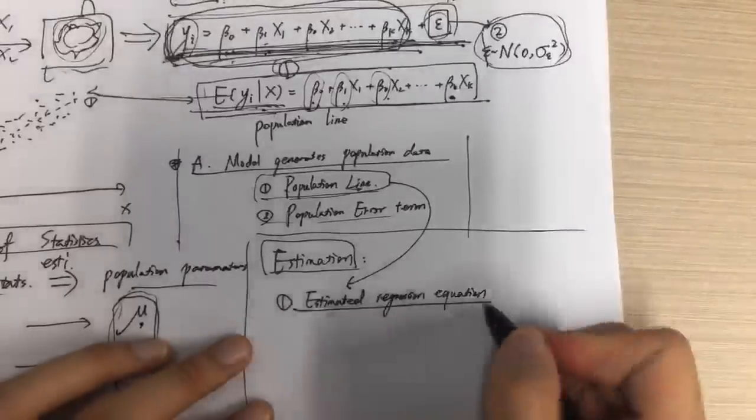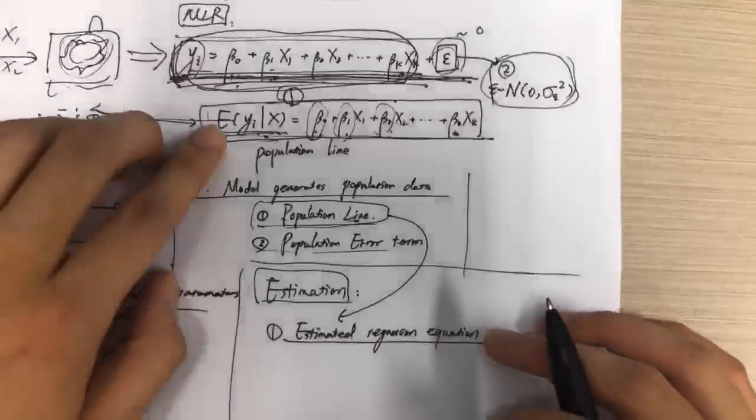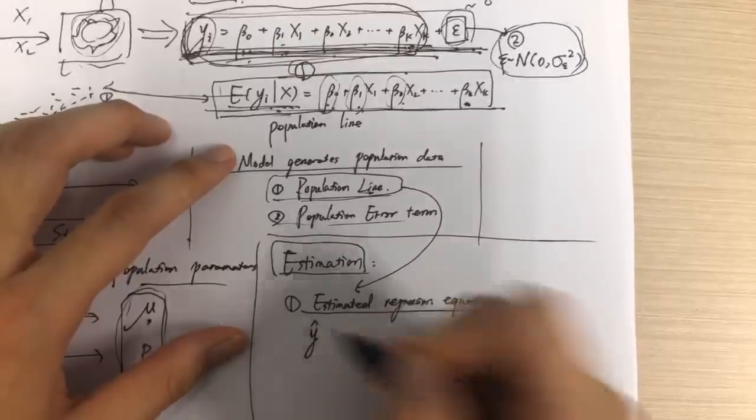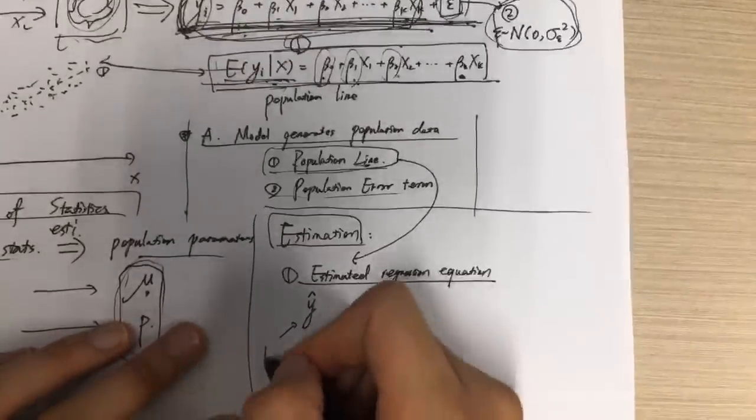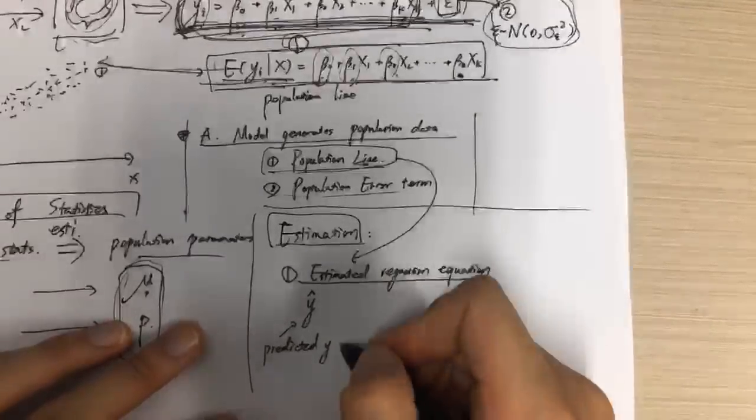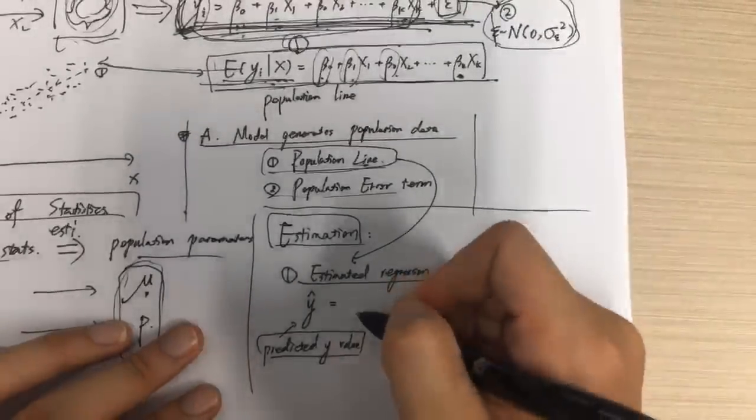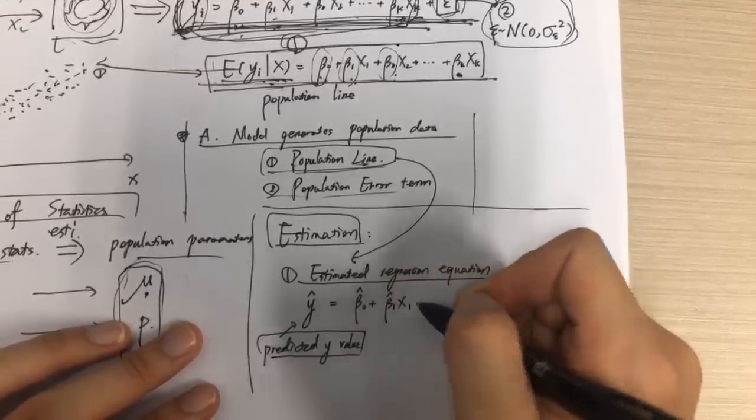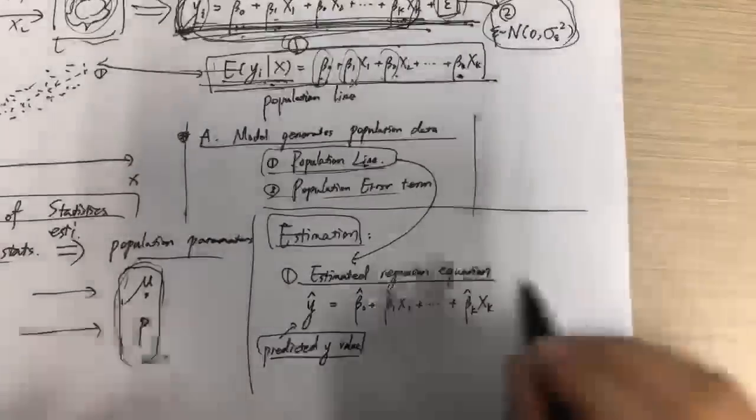Okay, so this is called the estimated regression equation. Instead of using E(Y given X), it's an estimated or predicted Y, so it's denoted by Y hat. You need to know Y hat is called the predicted Y value. It equals beta 0 hat plus beta 1 hat x1 plus and so on, plus beta k hat xk, no epsilon,